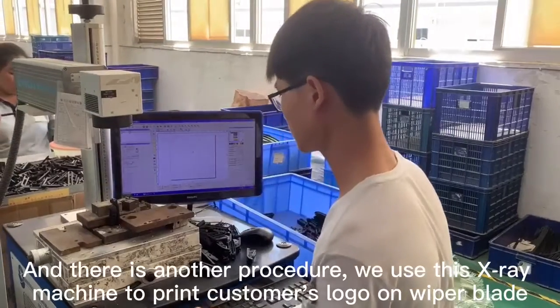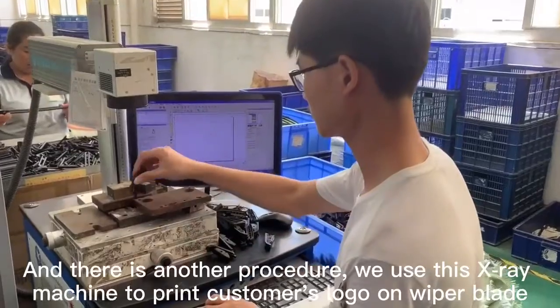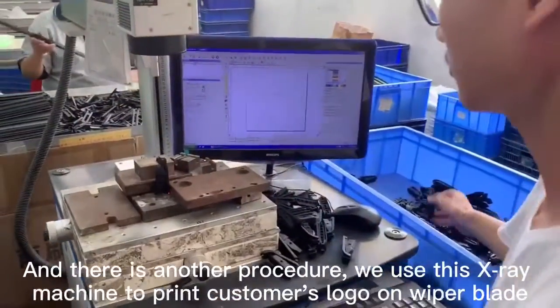And there is another procedure. We use this X-ray machine to print the customer's logo on the white